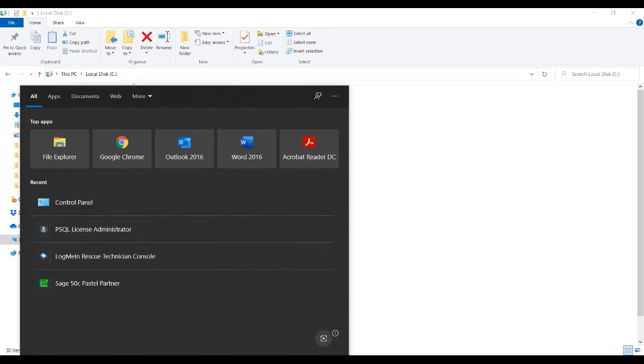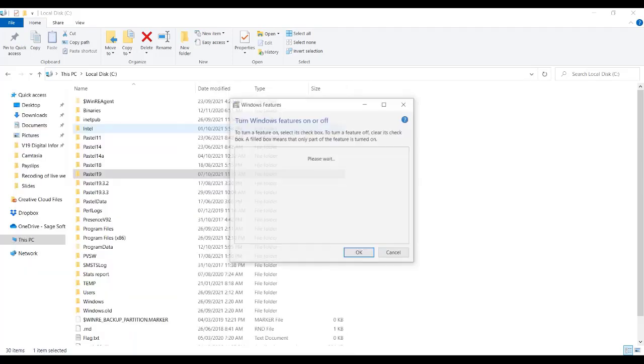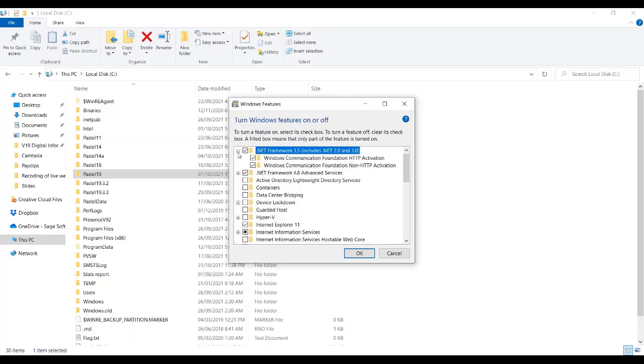So guys, Pastel and, well, it's more Pastel than Pervasive, but we have seen that if this is not selected, it can cause issues. It uses something called .NET Framework. And if you're using Windows 10 or one of the latest server softwares, all of the .NET frameworks are not normally selected, or all of the options are not selected by default. So what you need to do is go and search for Turn Windows features on or off. And what you're looking for is anything that says .NET Framework, even if it is .NET